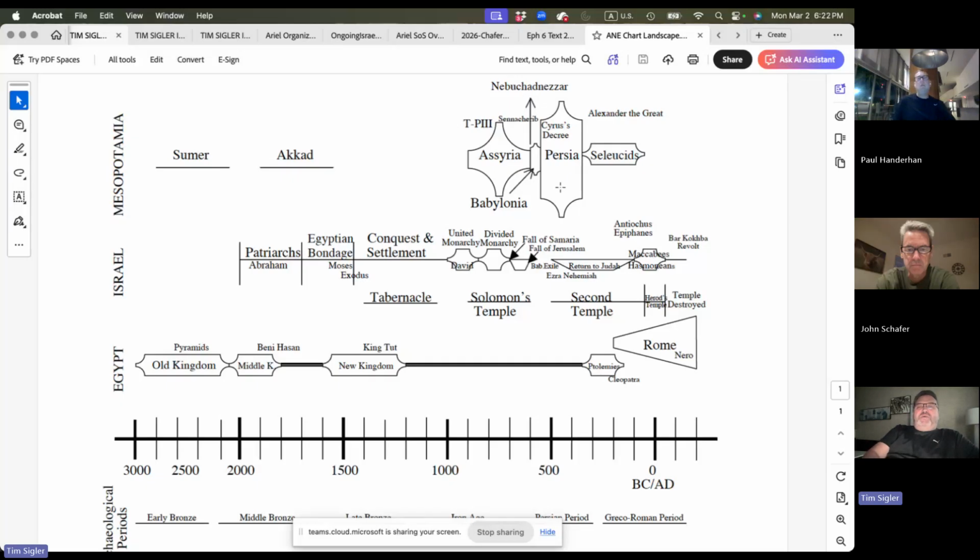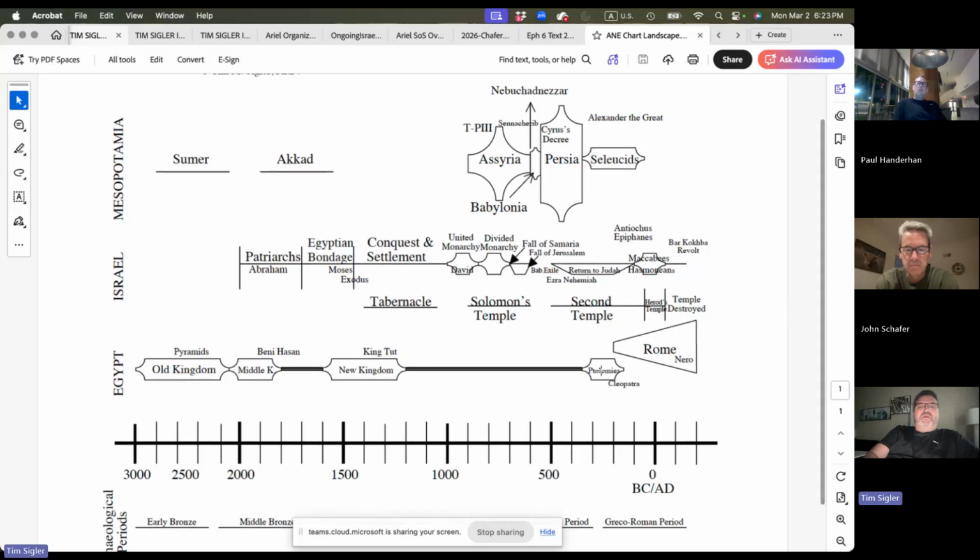empire, and then its fall to the Greeks, with the rise of the Seleucids in the north and the Ptolemies in the south. And you'll also note that there were different times of great power and ability in Egyptian kingdoms. So you have the rise of the old kingdom and then its decline, the rise of the middle kingdom and its decline, and eventually the new kingdom. And you notice that it wasn't a very powerful time for the Egyptians during the times of Ezra and Nehemiah,